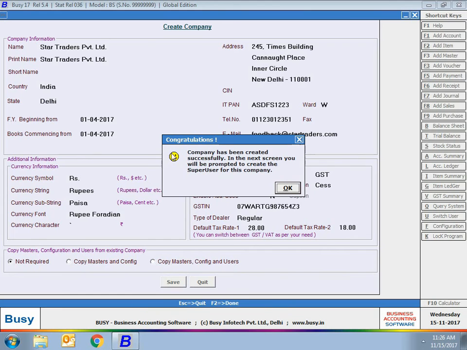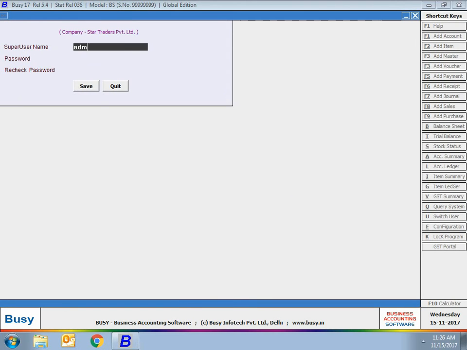Once the company is created, the first screen you will see is of specifying super user name and password. Super user is like the admin of your company who has all the rights and authorities. Basically, you'll specify here the super user name and password, and whenever you want to log into the company, you need to specify this valid username and password. However, we have concept of sub-users also, which we will discuss in our later chapters. Under this chapter, we'll discuss only the creation of super user and the password, that is the super user name and password for logging on to this company.